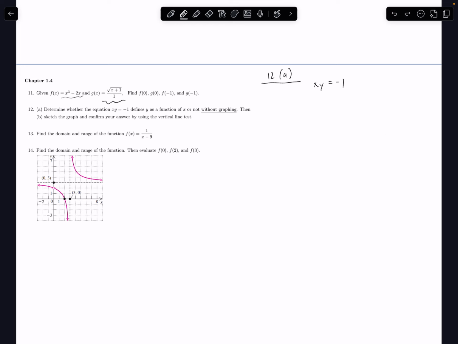Okay, so first thing I like to do is just solve for y. So this is going to be y is equal to negative 1 over x. Oh, I see. So this is a familiar friend, right? 1 over x type with a little reflection going on. All right. Now, whatever I plug in for x, is there any instance where I plug in something for x and it gives me 2 different y's? The answer is no, right? No. There's no instance